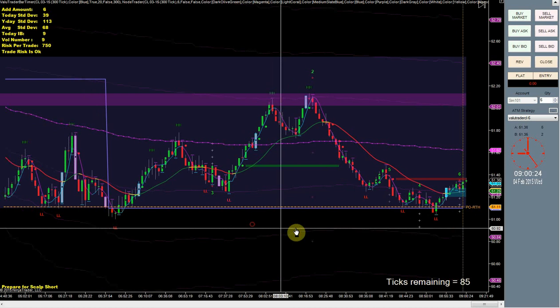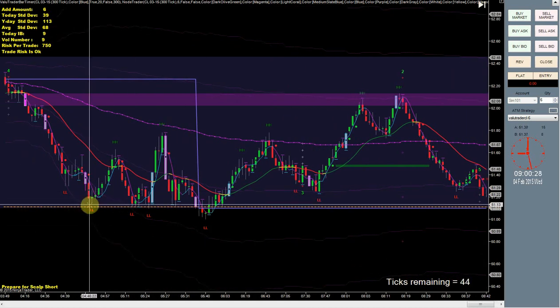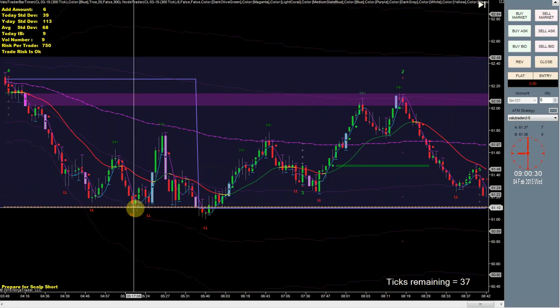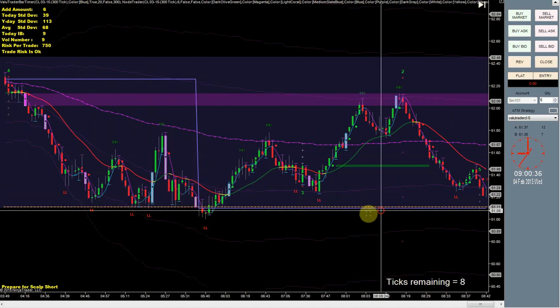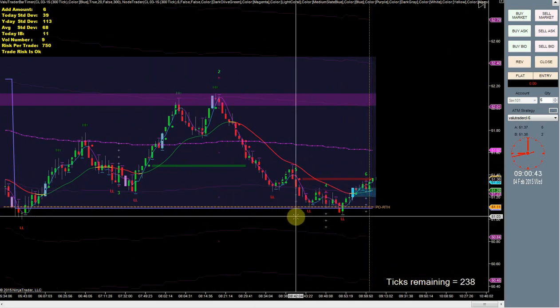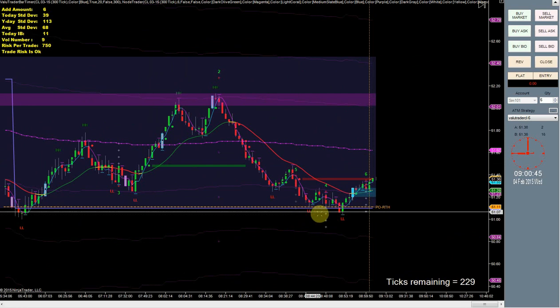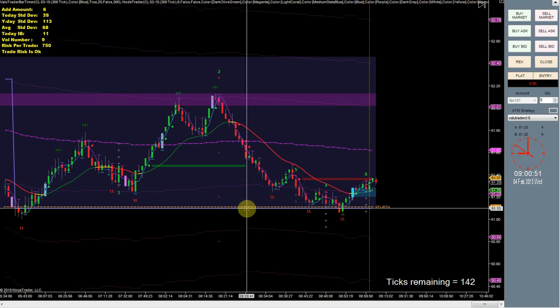Let me see if this level's been approached. Market came down here, touched this level, touched it again here. Broke through it a little bit, but came back. So the market has had a hard time getting through this level. So any shorts I take, I definitely want to make sure my first take profit, I'm going to be able to get it out before this level's hit.